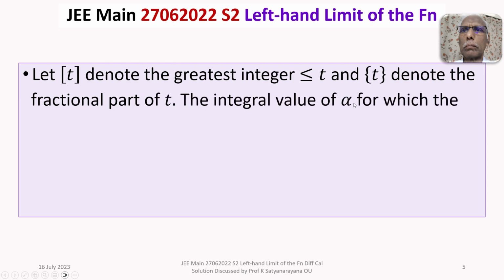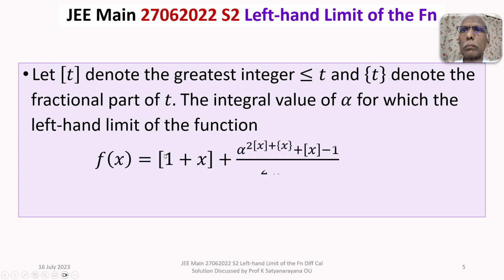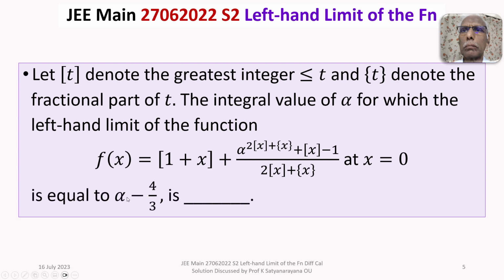The integral value of alpha for which the left-hand limit of the function f(x) = ([1+x] + alpha^(2[x]+{x}) + [x] - 1) / (2[x] + {x}) at x = 0 is equal to alpha - 4/3 is,